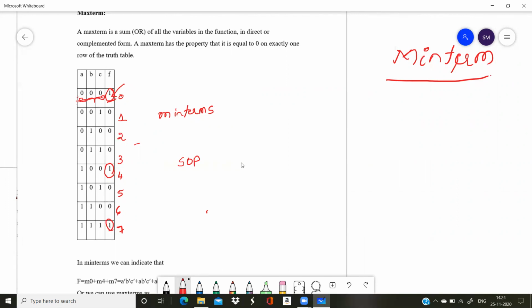See, if these inputs are zeros, A, B and C being the three inputs, if their values are 0, then we consider it as A complement, B complement and C complement. The product of this is actually equal to 1. That is what this truth table is saying. This is for the 0th row.